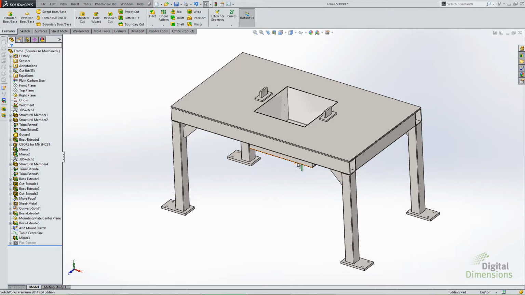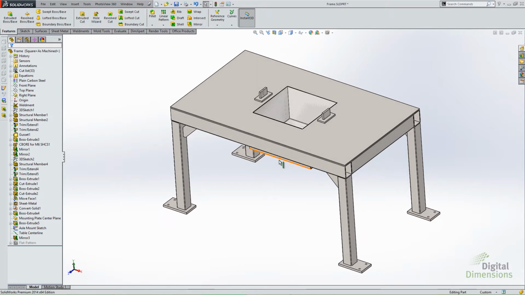So one of the big things with previous versions of the software is when you tried to build an equation that was configuration specific, you had to first build the equation and then specify a configuration all from the equations dialog. Well, now in the 2014 version, I can build an equation specific to a configuration right